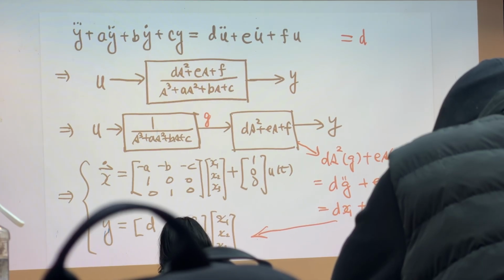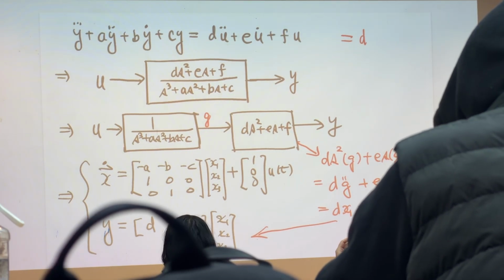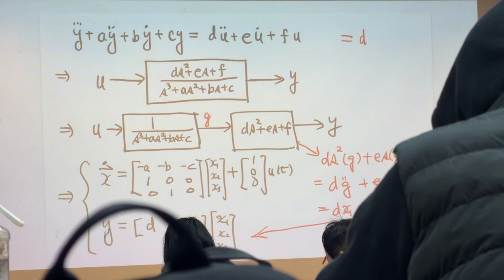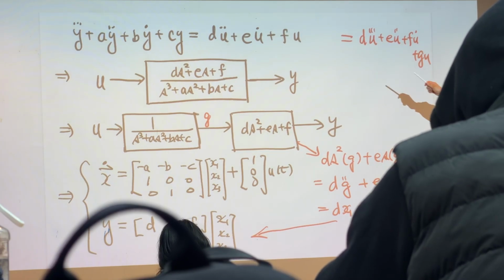Okay, so if I have higher order terms, what I mean is this. Maybe I can still use G, don't be confused with the same G here, okay? So if I have D u double dot plus E u triple dot and double dot, plus F u dot, and plus G u, if I have on the right hand side